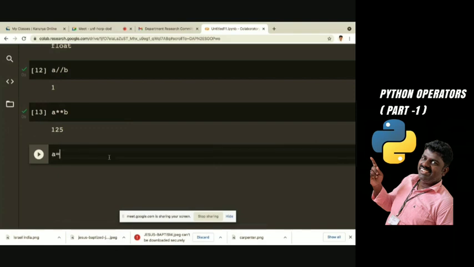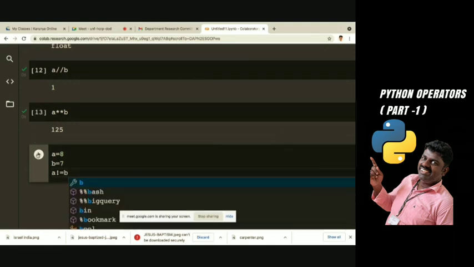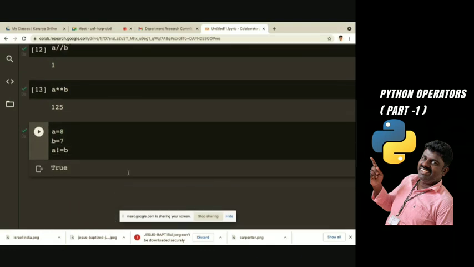Again I am assigning a equal to 8 and b equal to 7, and then I'm going to check the relational operators. First, not equal: we check a not equal to b. Let me check the condition. This returns true, because A and B are not equal.